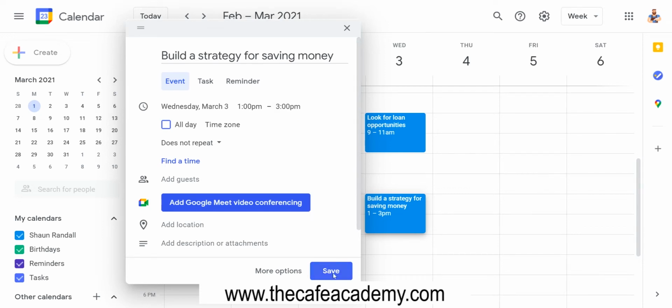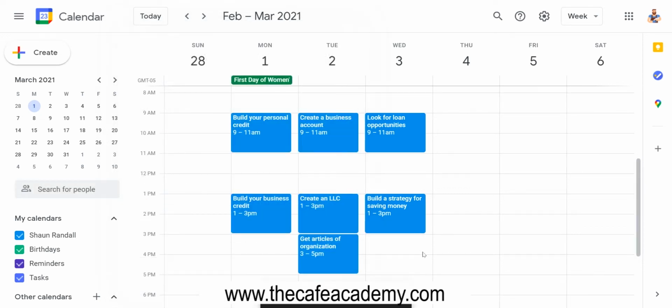Now, build a strategy for saving money. The reason why this is important is because you always want to be thinking about saving your money so that you can position yourself in a way to where you can establish your business, right? You can technically start your business with little to no money, but you will have more options when you have more money saved. For example, if there was a location that required a little bit more cash, if you have money saved up, you have the option of going to that location because you saved up your money.